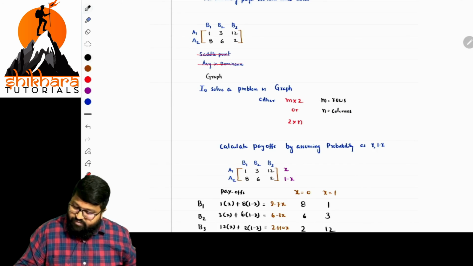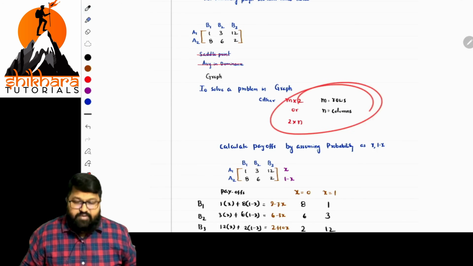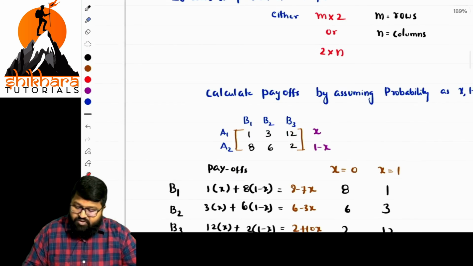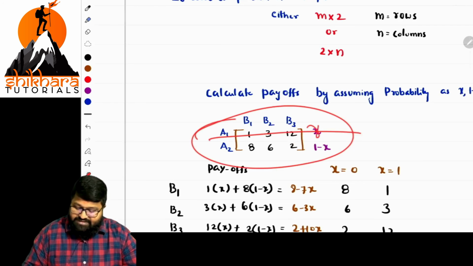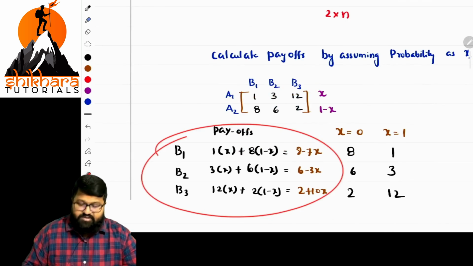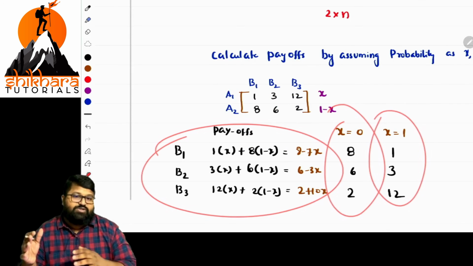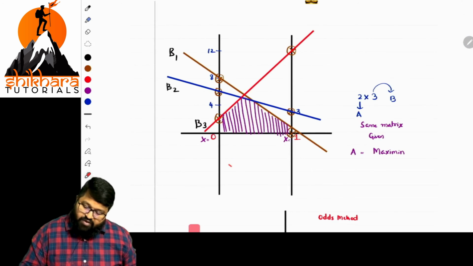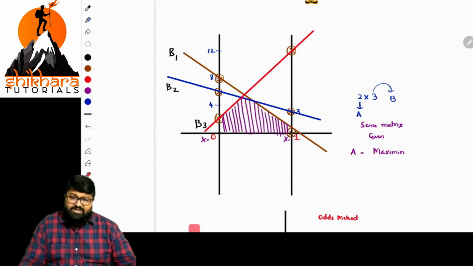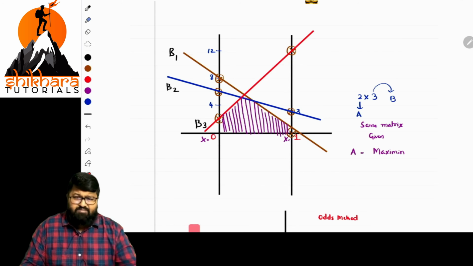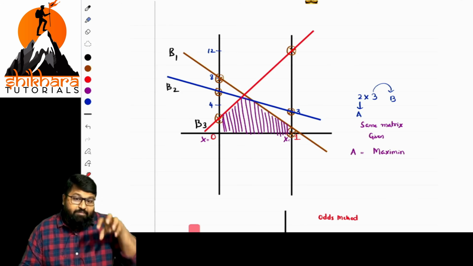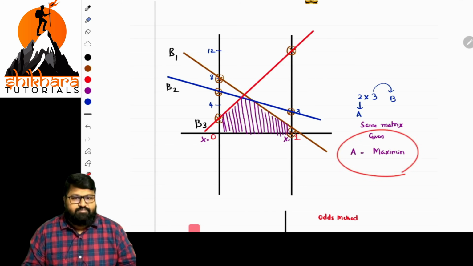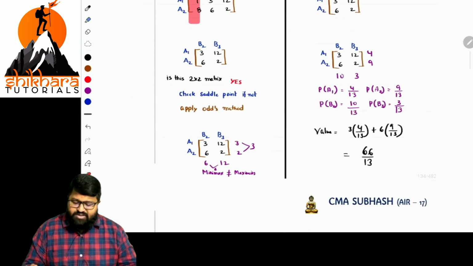So sorry, the order of the matrix is m by 2 or 2 by n. Then we apply graphical method. But here the question given, the probability should be mentioned like this: x, 1 minus x. So payoff matrix is this. X value is taken as two limits: x equal to 0, x equal to 1. Then we plotted the points there. As we need to find more elimination, in the case of columns, we need to eliminate the b strategy. That is nothing but we take minimum among maximum. That is known as what? Minimax. Okay, so we plotted that one, and these odds and all is known to you, that is common to you.